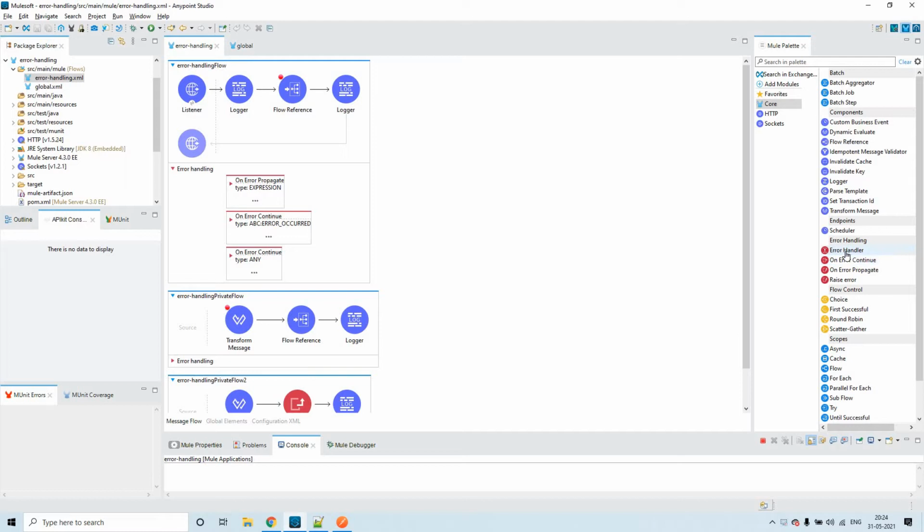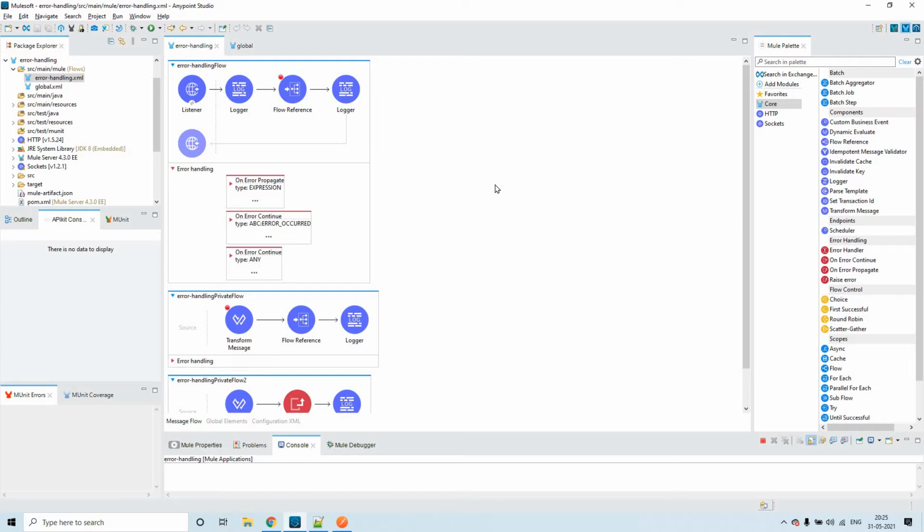I have been using the same flow, but this time, before we go into the details regarding the global error handler, let us understand why we have to create it.